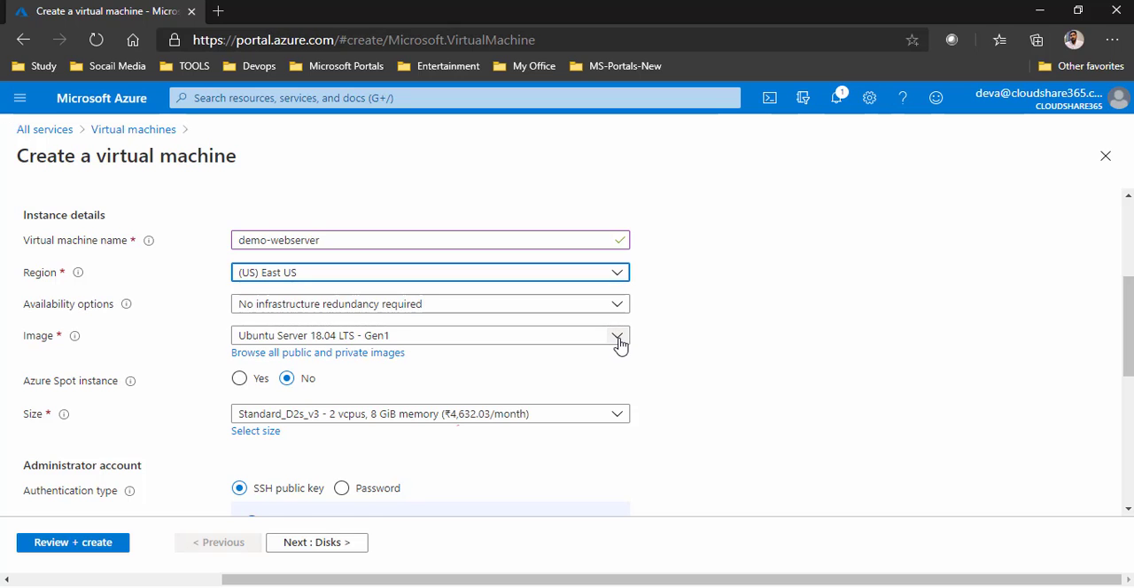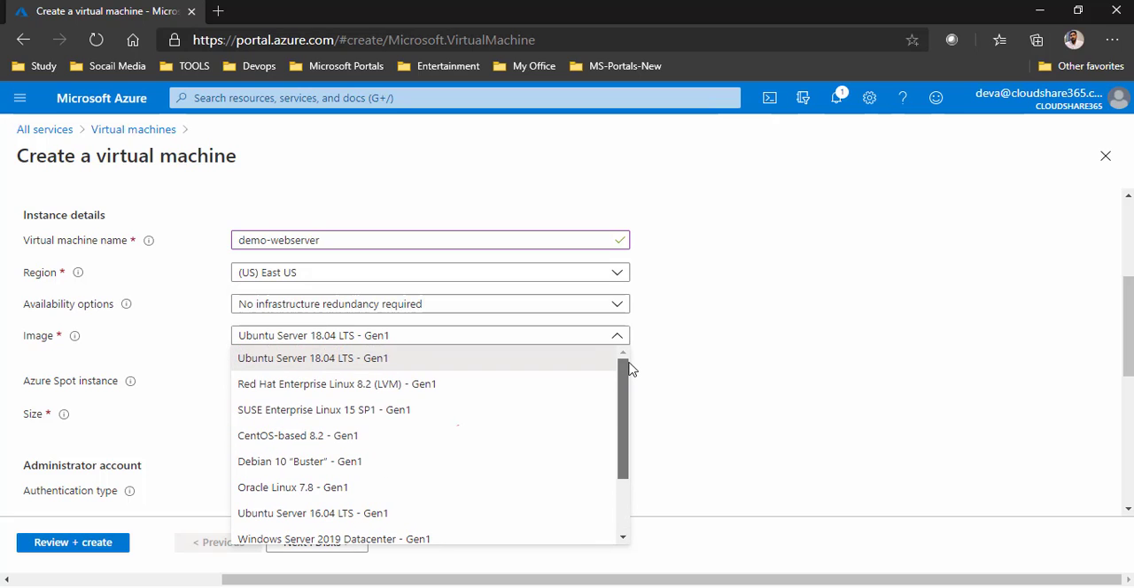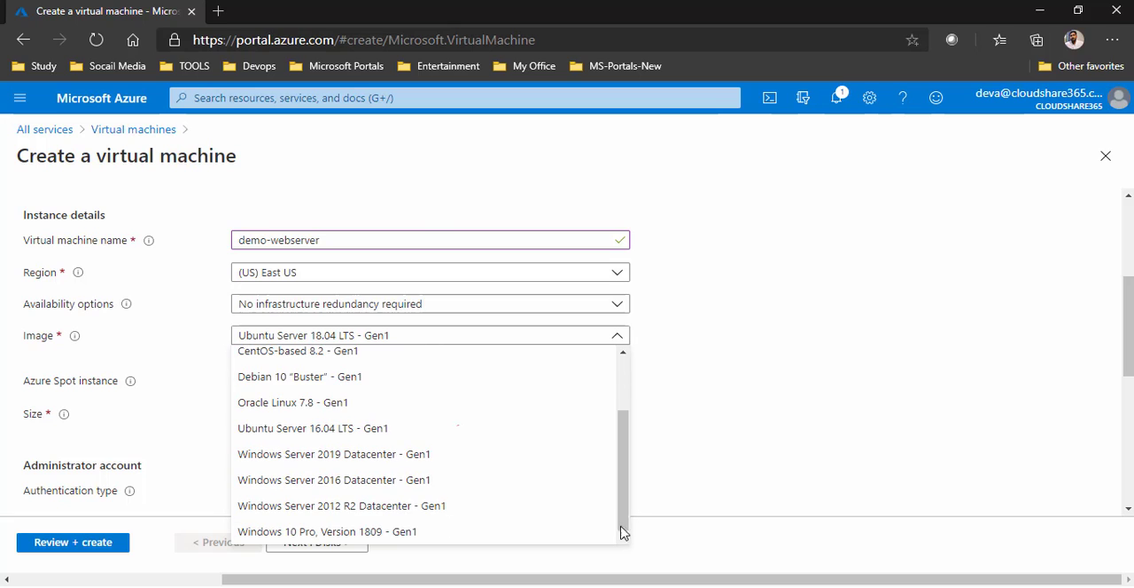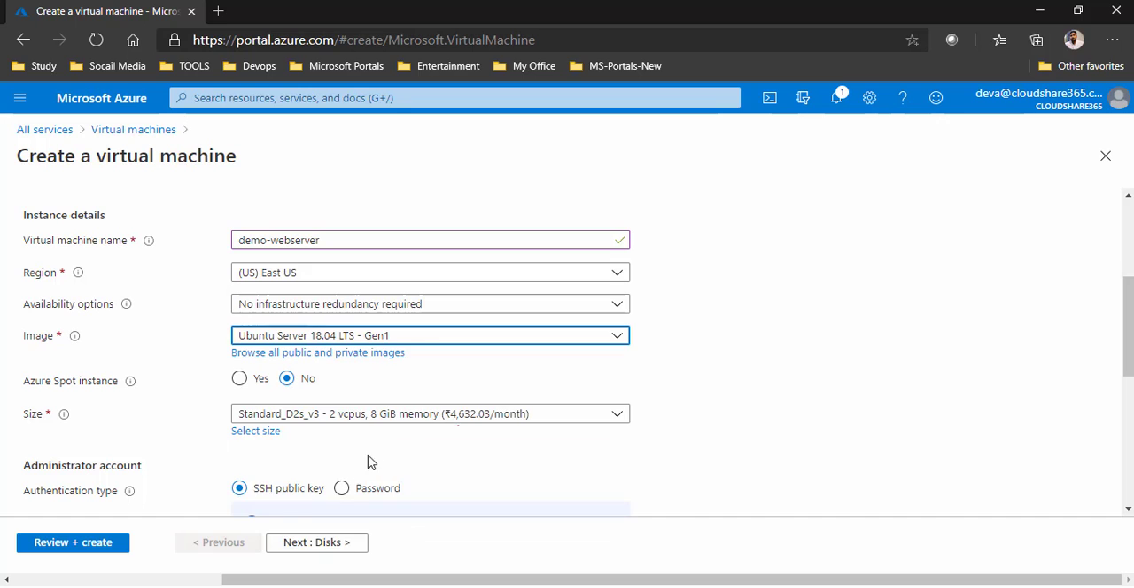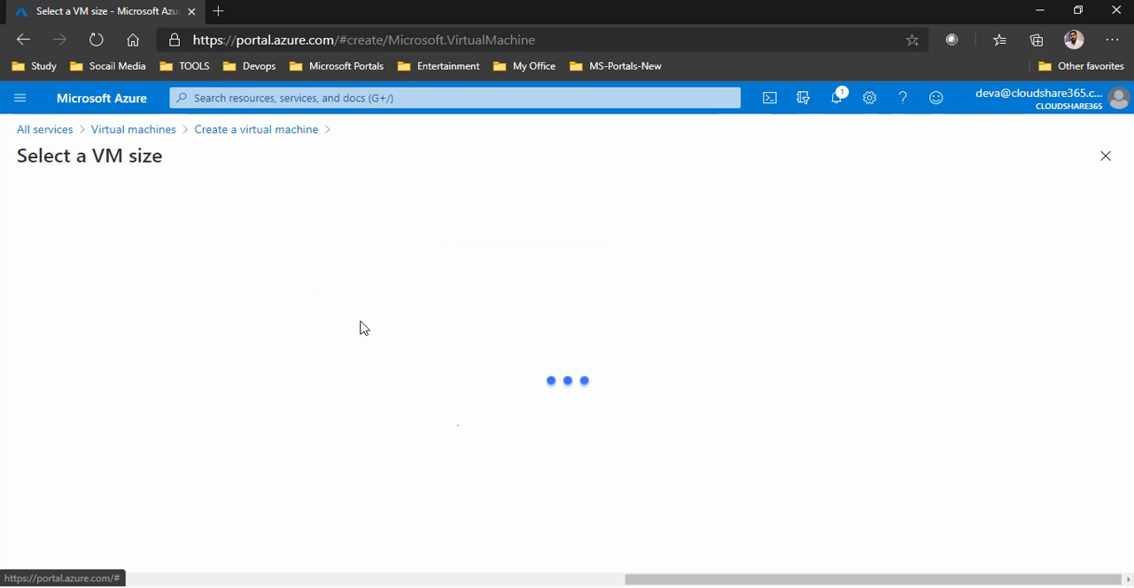And if you click on images, we have a list of images. The images are nothing but the operating system. So if you want to deploy an Ubuntu server, or you want to use Red Hat or CentOS, we have a variety of operating systems. Here I am selecting Windows Server 2019 Datacenter. And now you see, you have a size. In the previous slide we saw the sizes of virtual machines for general purpose, compute and storage optimized. If you click on select size,